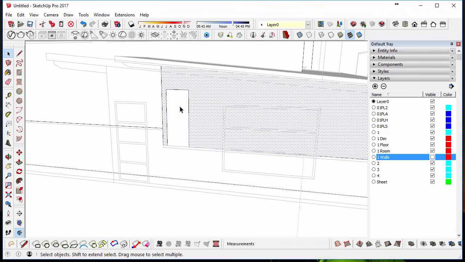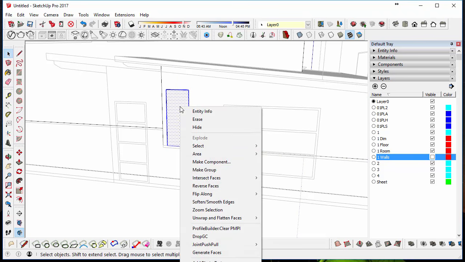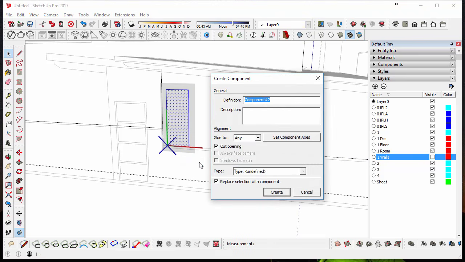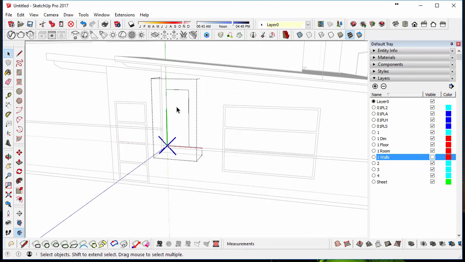So next what I want to do is double click on this face and make it a component, because I know I have more than one. And by doing that, you can see it's got cut opening, so it's going to cut an opening into that. And I want to make sure I replace the selection with a component, and I'm not too worried about the name. So go create, double click on the component,